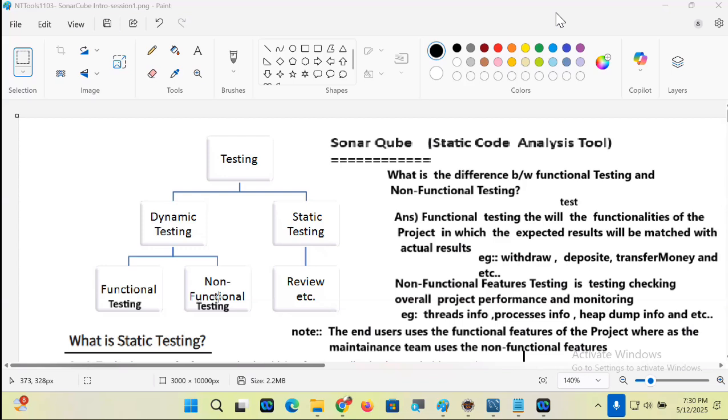We try to evaluate the performance of each operation, get all the threads information, objects information, processes information, and check how much memory is utilized. All of these are for the maintenance of the project. If you are testing non-functional features, that is called non-functional testing. If you are testing functional features, that is called functional testing. Are you listening to my statement, guys?